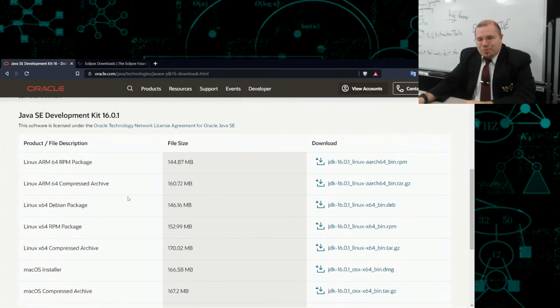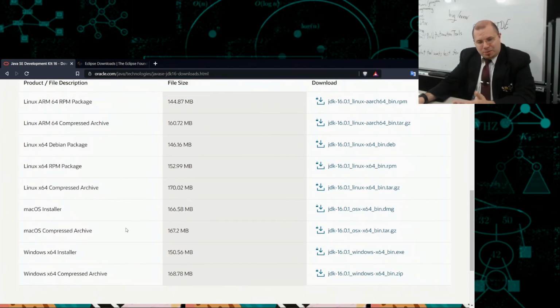What you do is you find the operating system that you're using along with the platform you're looking for. So I have a 64-bit Windows system, so I'm using Windows 10. I would select this one. Note that the page may look different in the future, but the point is the general gist of the instructions. So I'll just click on this. I'll get a downloader, and I would get an installer.